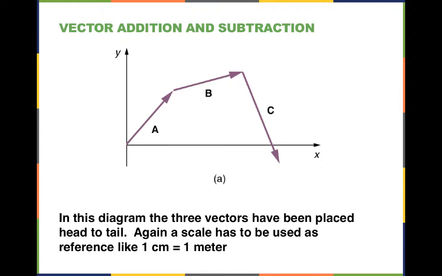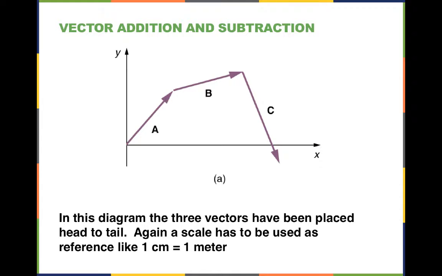Again, you have to have a scale, and I suggested a scale of 1 centimeter equals 1 meter. Now, unless you have a fairly large piece of paper, that's probably not the best scale to use. You might want to use something like a half or a quarter of a centimeter equals 1 meter. But then you draw A, which is going to be exactly 25 centimeters long, 49 degrees